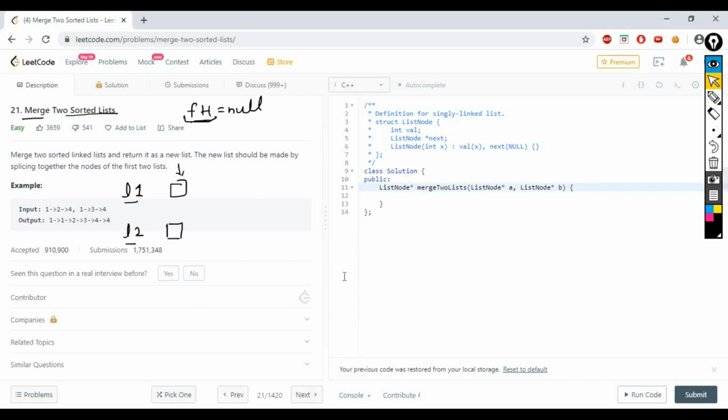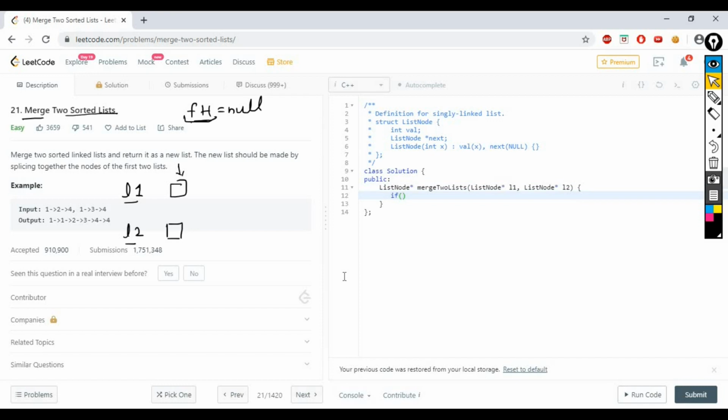So let's do that. The names are A and B; let's change the names to linked list 1 and linked list 2, though you can take A and B also. Initially let us write very simple cases.